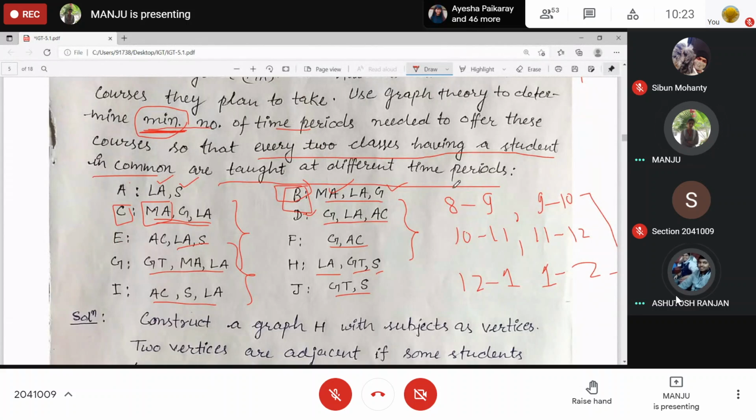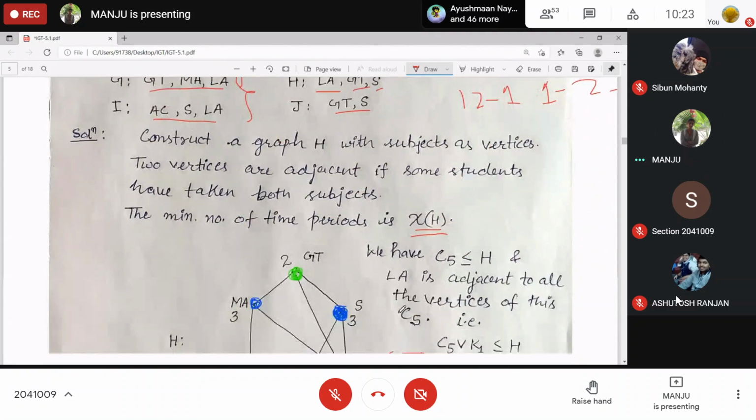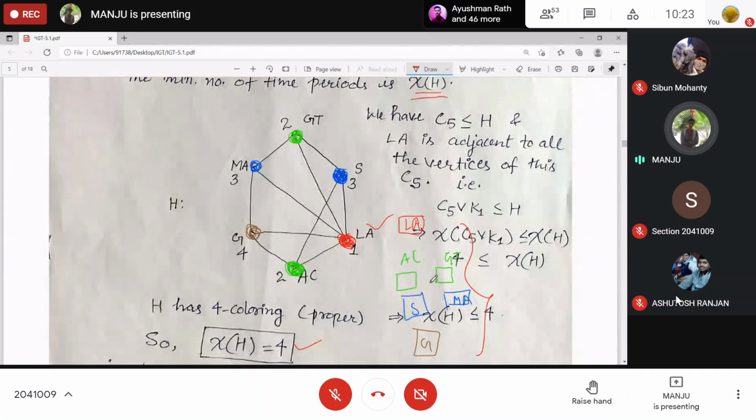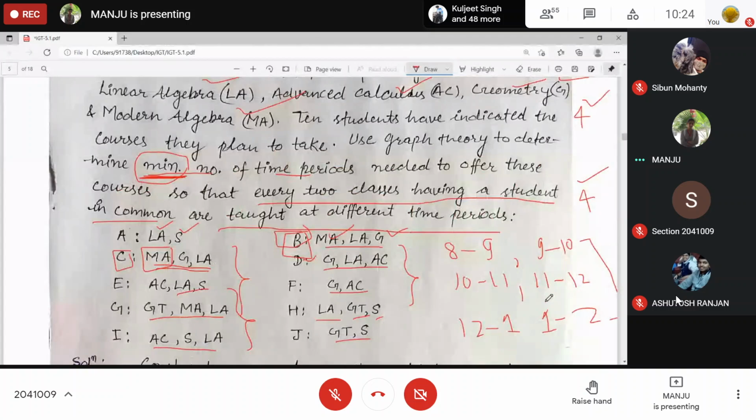These courses, yes, 4 hours. It is happening in four classes. So out of these, any one can be fixed at 8 to 9, either this one or this one. Suppose we have fixed LA at 8 to 9. Then next we can run this one in parallel at 9 to 10, then 10 to 11 and 11 to 12. So what will be the earliest time? 12. We need only 4 lectures, right? Yes, ma'am.